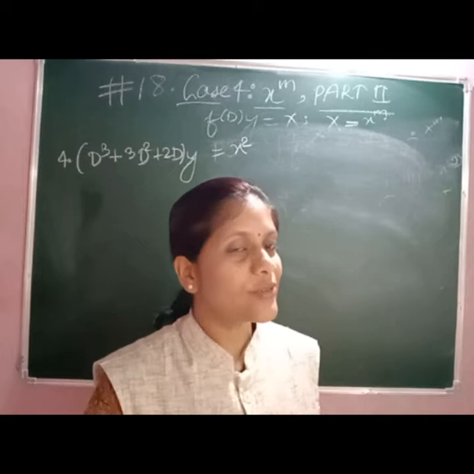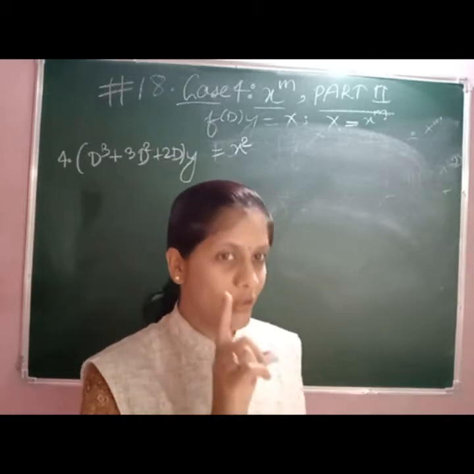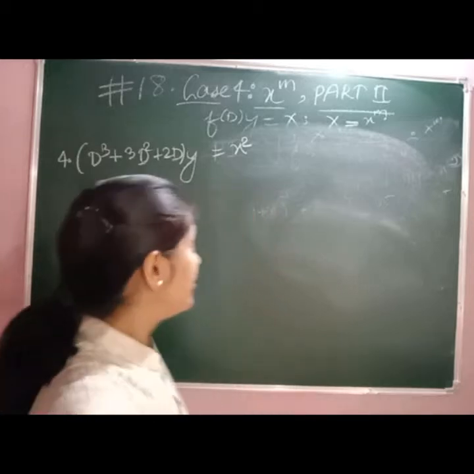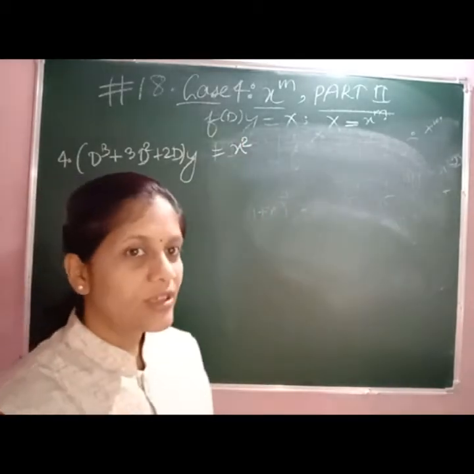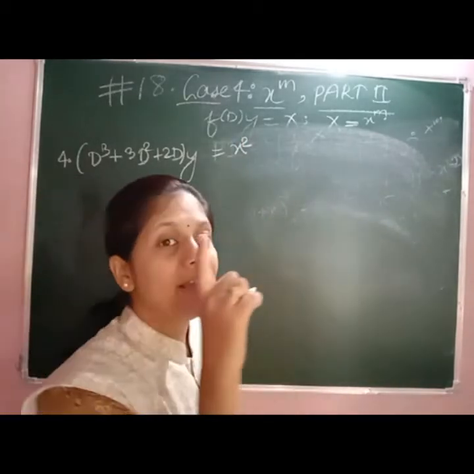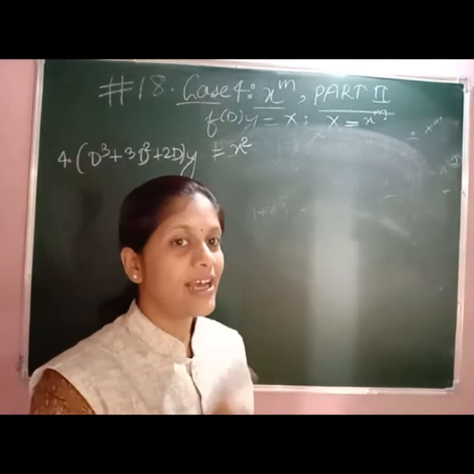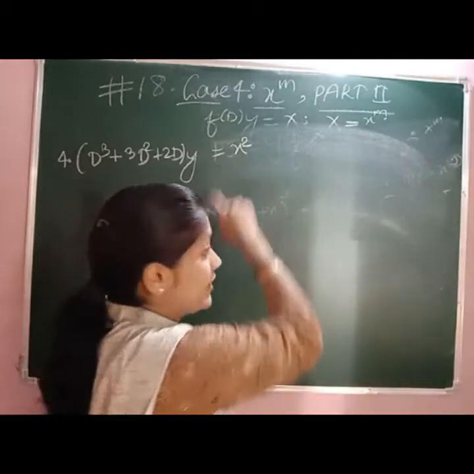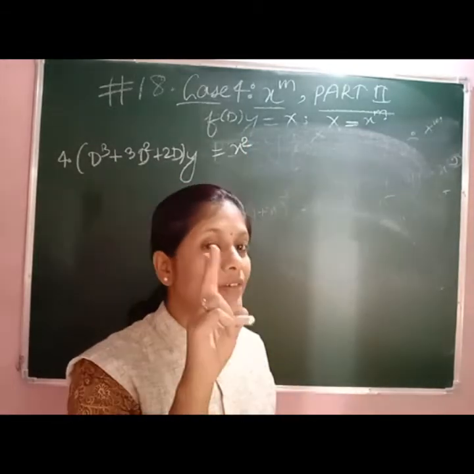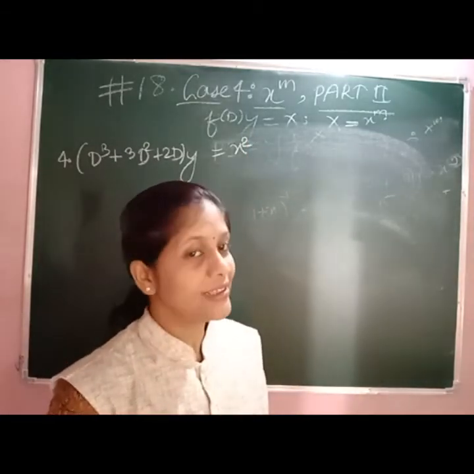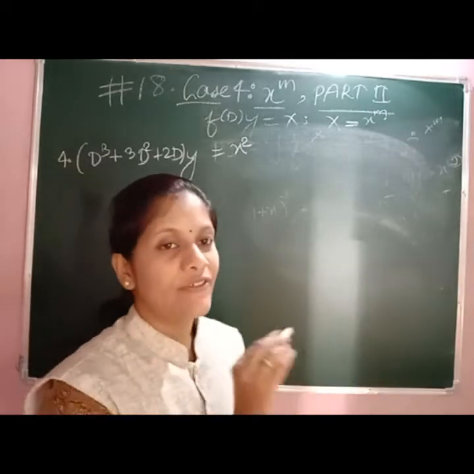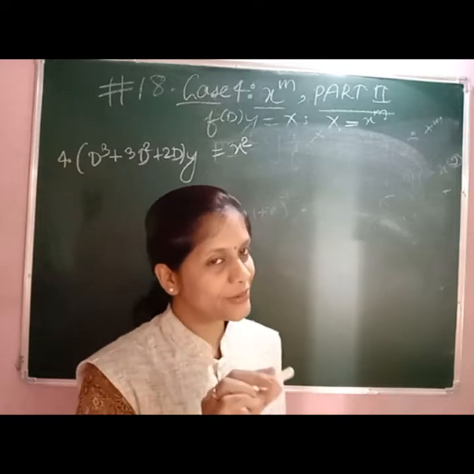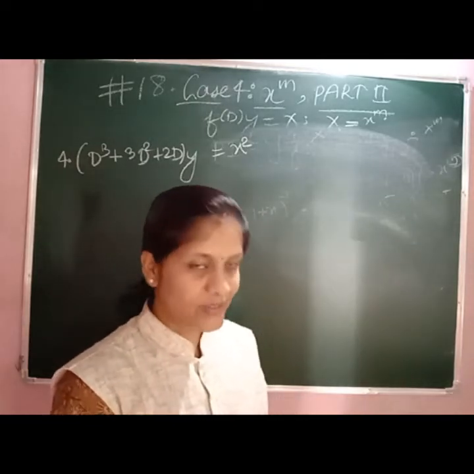As soon as we see this question, we understand firstly it is non-homogeneous. The complete solution is CF plus PI. Further, it is x power m, right? So this is the case for x power m, that is an algebraic expression. So we have to expand this x power m. What is m? 2. So D power 2 only we have to expand, right? As soon as we see, very easily we understand it is the case for x power m, so we have to expand up to D square only.